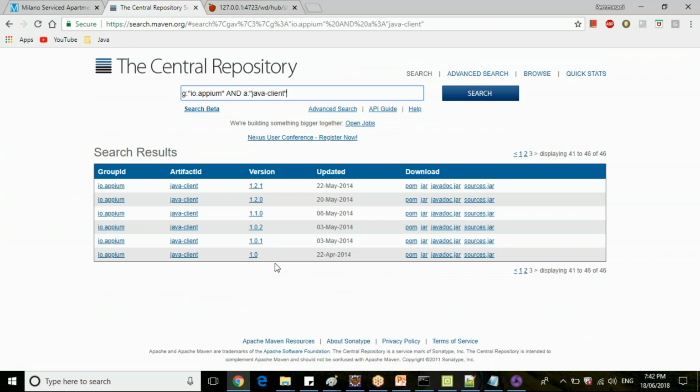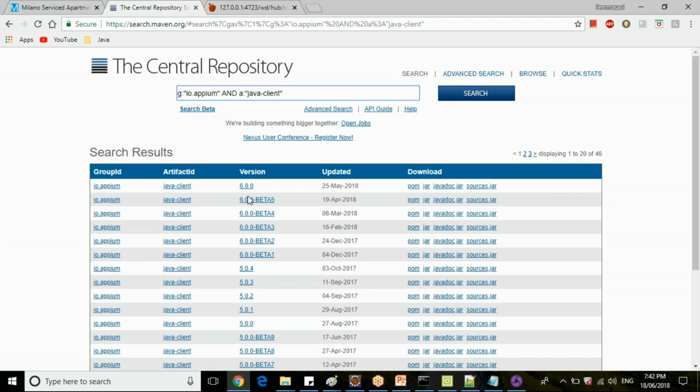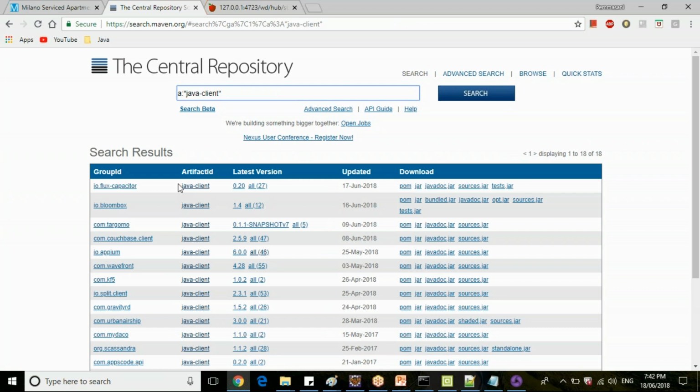In APM 1.0, you didn't have many options. It was very simple: launching a URL, pushing some text and clicking. Only minimal functionalities were there. Now, in the latest 6.0 version, you have almost all the features implemented.